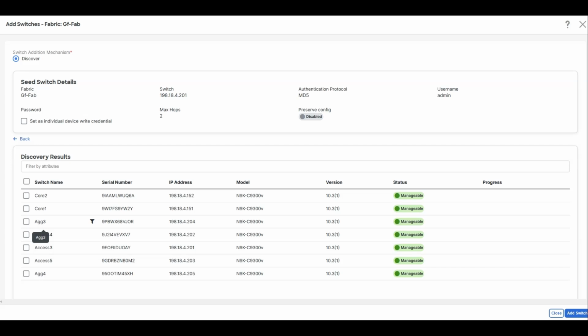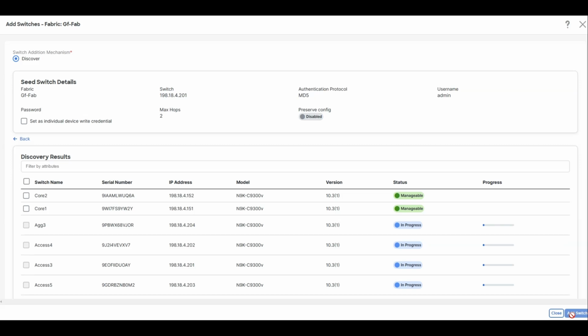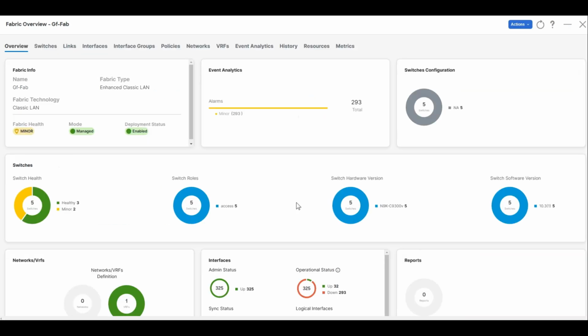Except the cores. I'm going to add a switch. We don't select the core switches and add the rest. When import completes, we're going to click close. Now it shows all the switches were imported, and click the switch tab, and we're going to check access 3